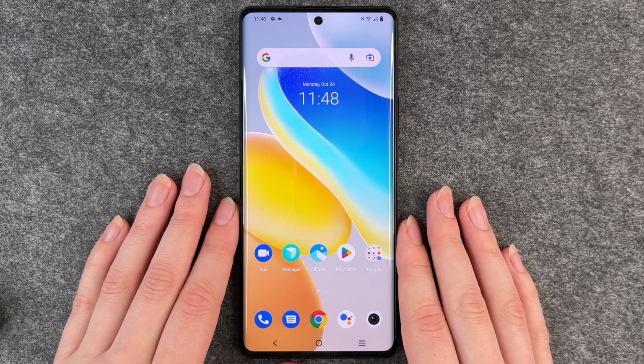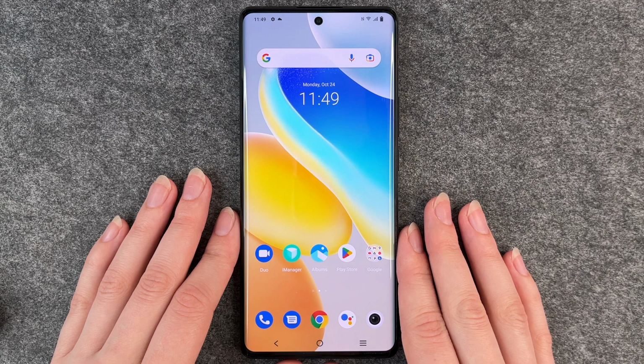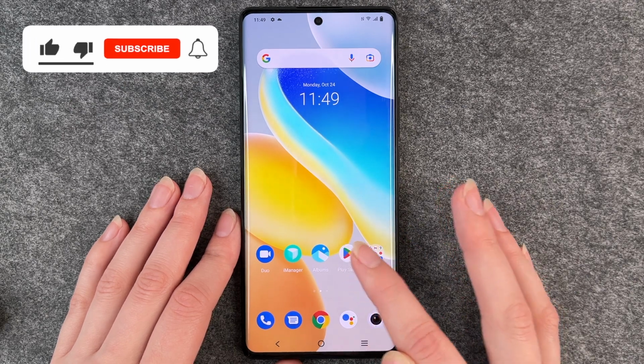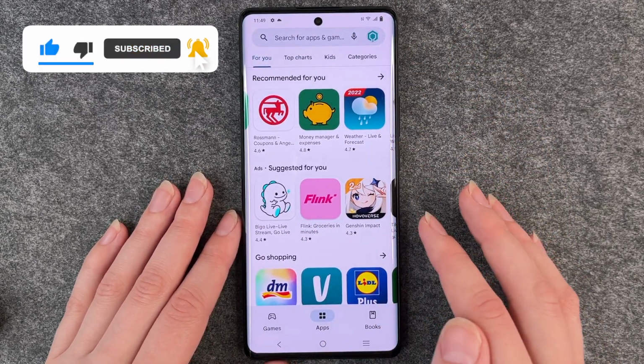Hello buddies, welcome back. It's Anne-Sophie and today I'm going to show you how you can install apps on your Vivo X80 Pro. For that, you're going to your Play Store and then you can see here apps recommended for